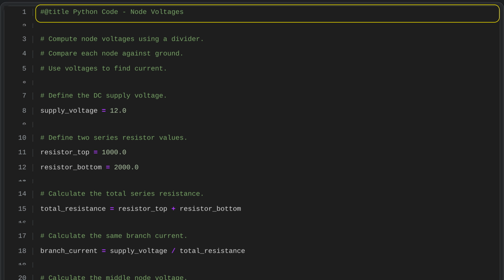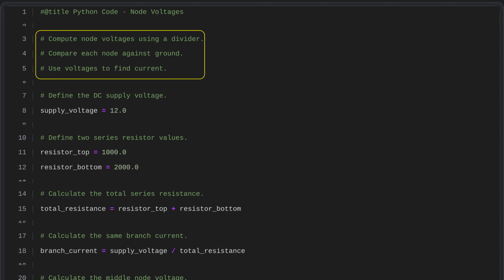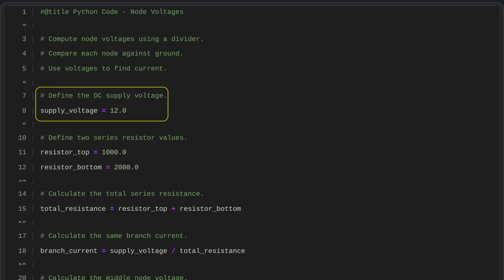Python code node voltages. Use the voltage divider to calculate each node voltage, then compare those voltages to ground. Once the node voltages are known, use them to determine the current. The circuit's supply voltage is set to 12 volts of direct current. This value provides the reference for analyzing the voltages and currents in the rest of the circuit, including its resistors